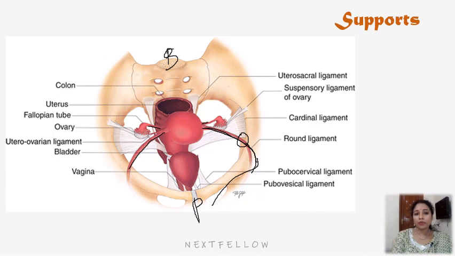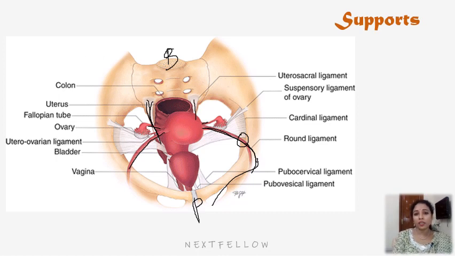Then sacrocervical ligaments extend from the lower end of the sacrum to the cervix. We can see here these are the uterosacral ligaments, otherwise called sacrocervical ligaments, which connect the sacrum to the cervix and the upper part of the vagina. And the rectouterine or sacrouterine ligaments hold the cervix in a back and upward position, and sometimes